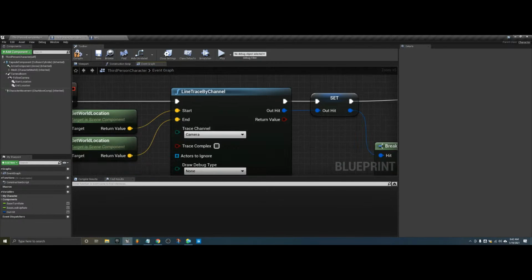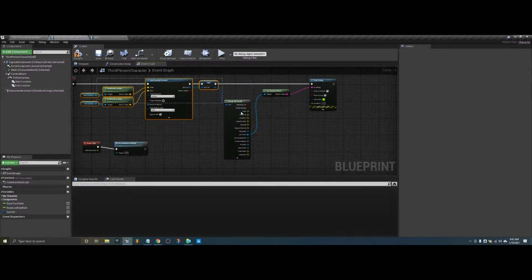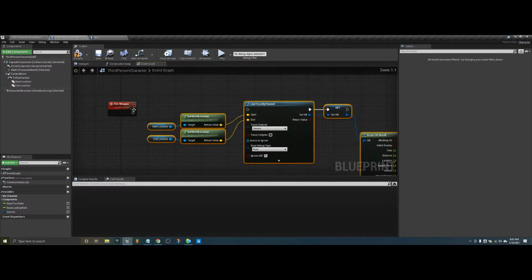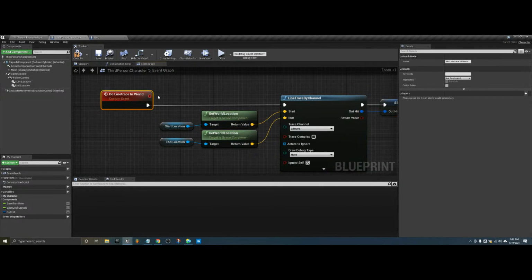Bingo, Brian's right. We're going to use a line trace. Same idea. Let's do that. Let's just copy and paste that, actually. Okay, so let's do this fire weapon. So I didn't remove that code. We still have this code right now that is finding out...